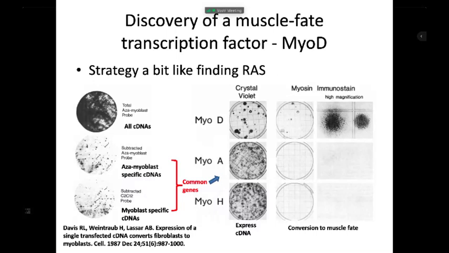So how was the muscle fate transcription factor MyoD discovered? Now remember that strategy of finding RAS, where we take all the DNA from a human tumour and place it in mouse fibroblasts and see where the foci are formed, and then clone the human DNA from that foci. It's a similar idea. We make libraries of